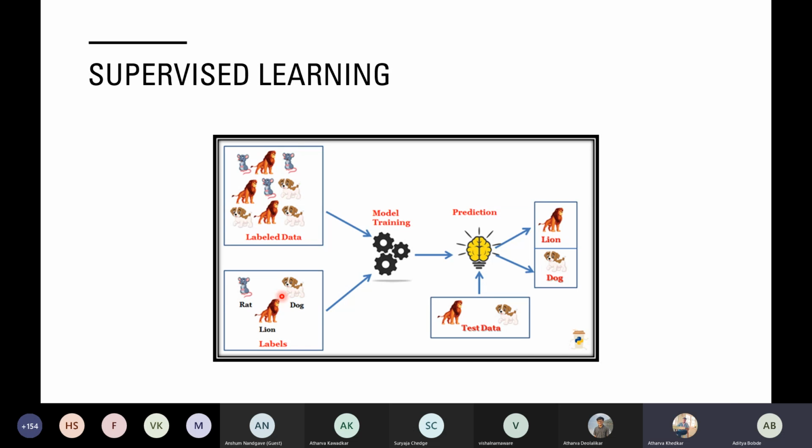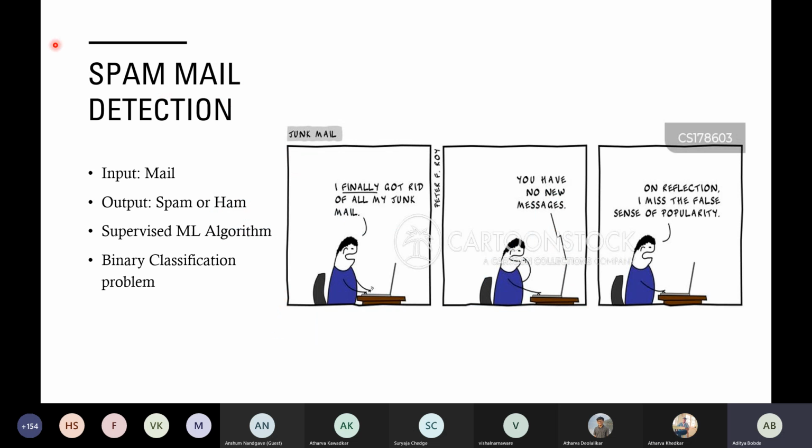The typical use case we have already seen is spam mail detection. You will be inputting the previous mails, tons of data, and what is your output? What do you want to predict? Whether the mail is spam or ham, whether the mail I want to get is relevant or irrelevant. In this case, you will be using supervised machine learning, and this is a typical classification problem. Now, can anyone tell me why spam mail detection is a classification problem? I just drew the difference between classification and regression.